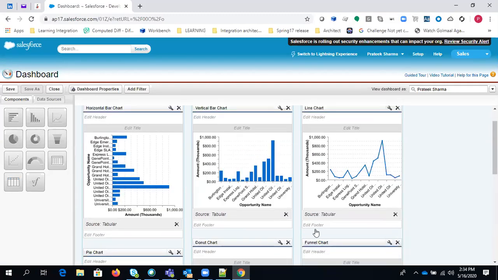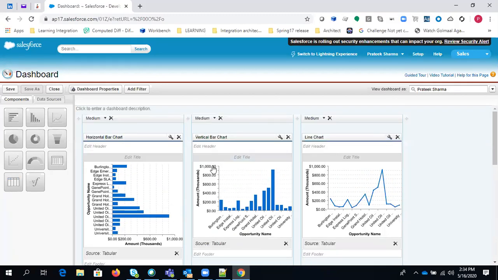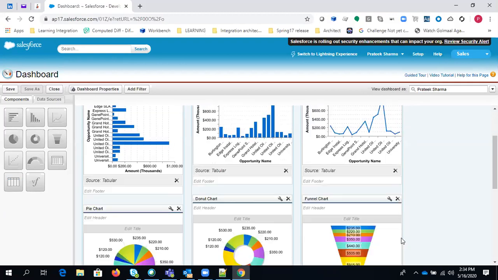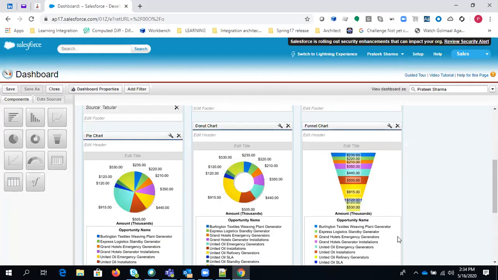So you can use these things, and as we have already selected the row limit and the dashboard settings we have used, now it is summarizing based on the name and the amount. Name and the amount. So we have also summarized it based on our dashboard settings, right? So this is how you can create a tabular dashboard as well.